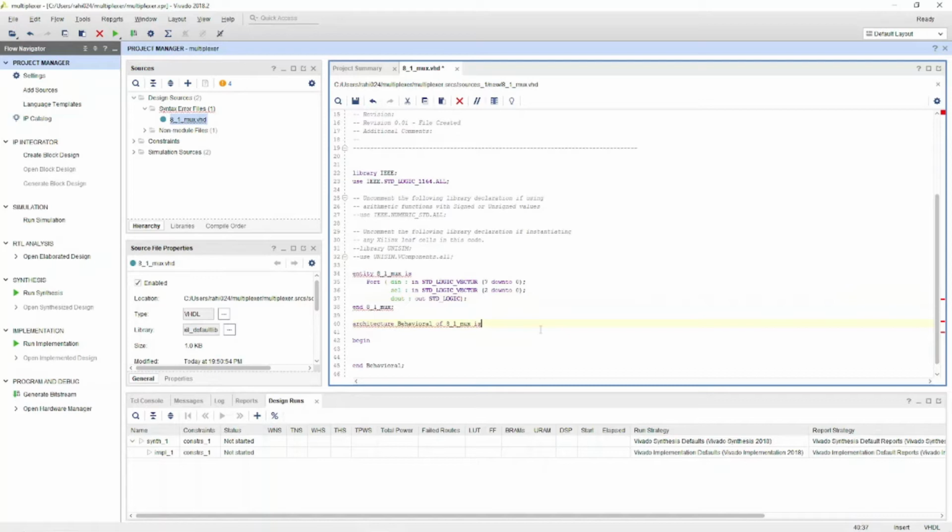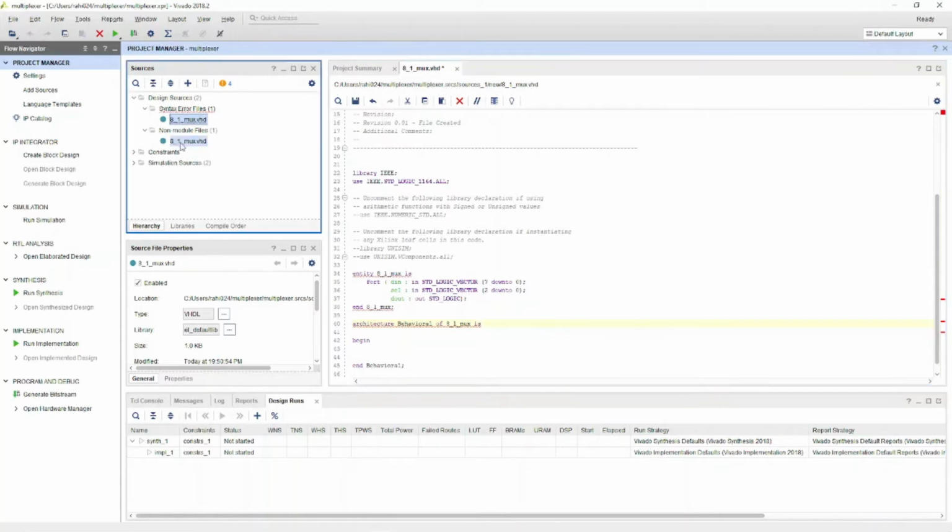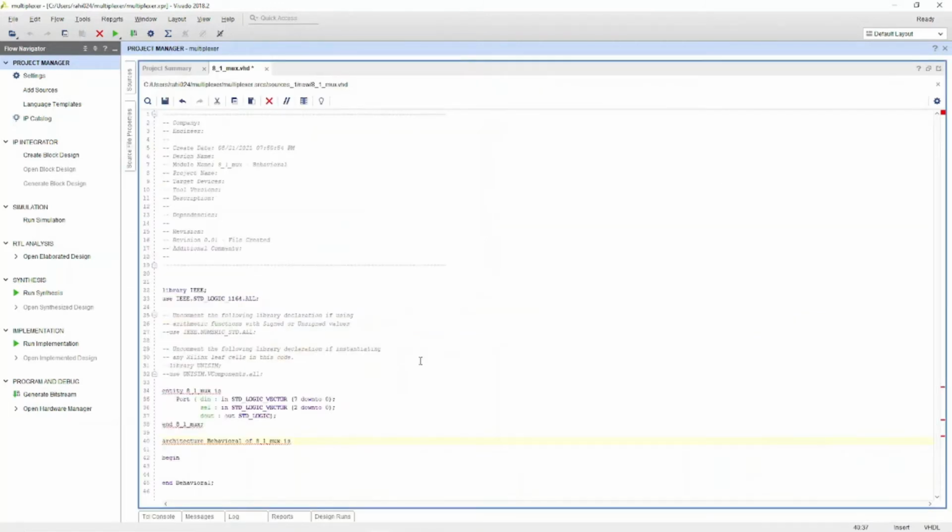Okay, let's try to write the code and see how I can rectify the error. Okay, so let's start it, and write the architecture for the 8x1 mux. All right, so begin.